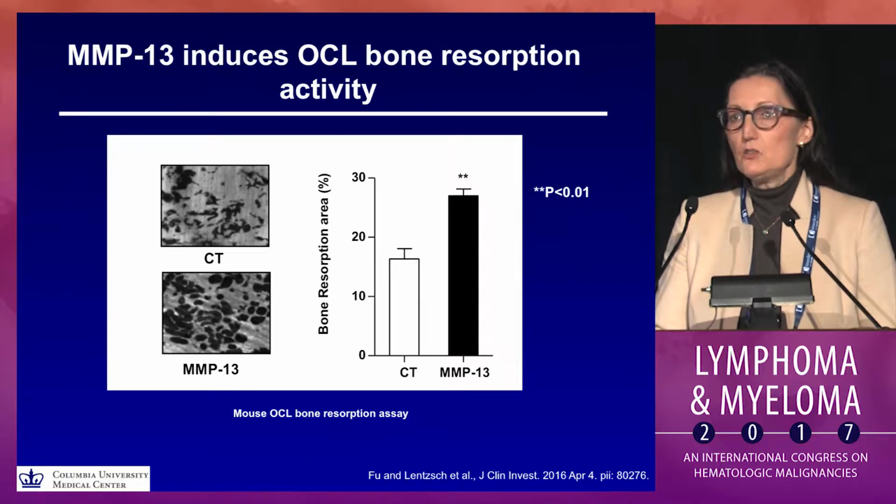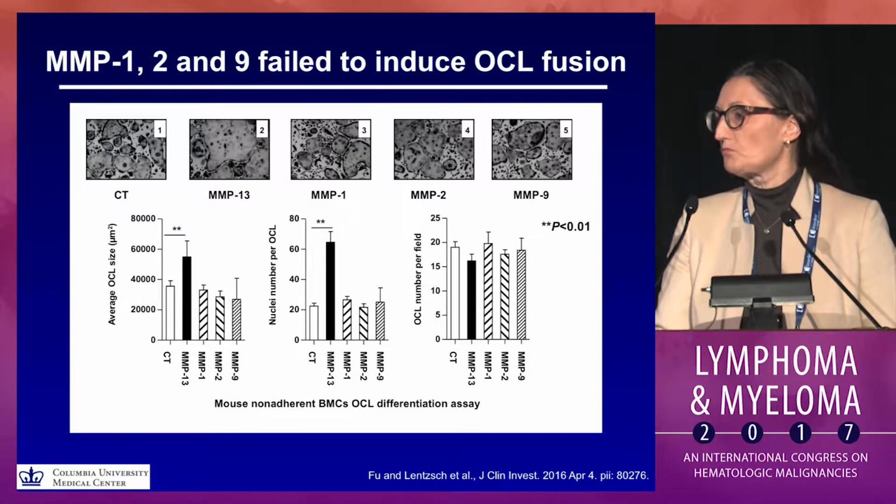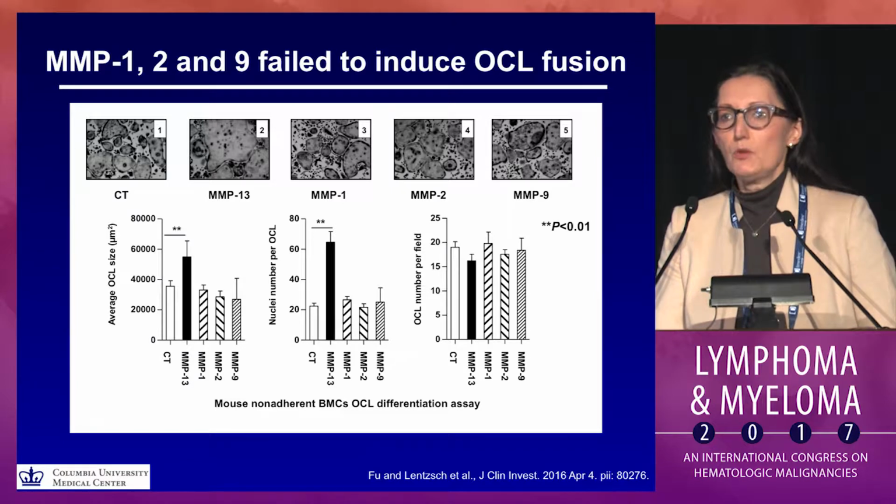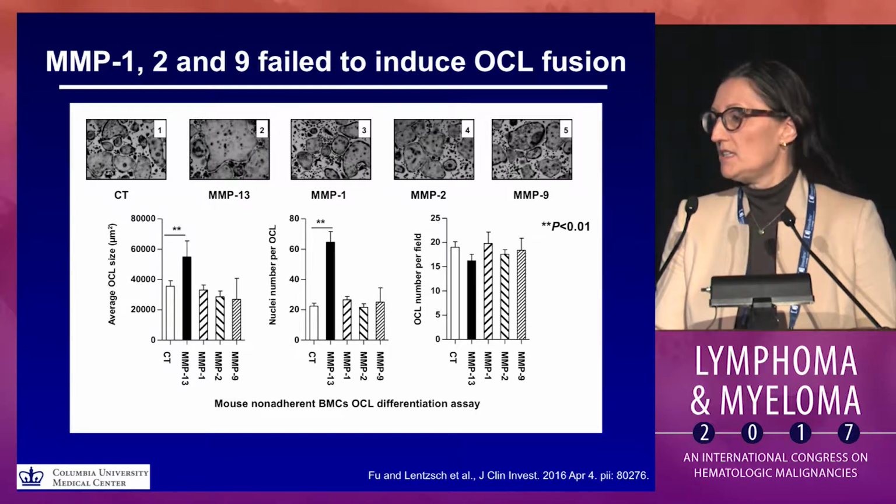And indeed, there was an increase of bone resorption when we added MMP13 to our cultures. The next question was, what about other metalloproteinases? Maybe that's a general feature of metalloproteinases, that they can induce osteoclast fusion and thereby increase bone resorption. But as you can see, all other MMPs, like MMP 1, 2, and 9, were not able to really induce the size of the osteoclast or the nuclei number in comparison to MMP 13. Again, here you see the huge size of the osteoclast when treated with MMP 13, but no change with the